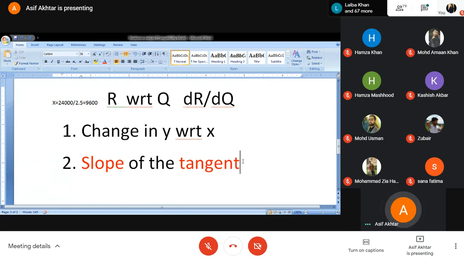dy by dx or dr by dq or derivative or differentiation is another important thing that will help us to estimate the slope of the tangent. And this understanding of the slope of the tangent on a graph is very important from the point of view of making decisions. आप देखेंगे कि मैनेजमेंट में और मैनेजर को एट टाइम ये चाहिए होता है, we want the slope of the tangent. क्या स्लोप है? 45 डिग्री है या 90 डिग्री है या 60 डिग्री है? And that will help us to understand. So differentiation is the change in one variable with respect to another, and it will also give us the meaning of the slope of the tangent.